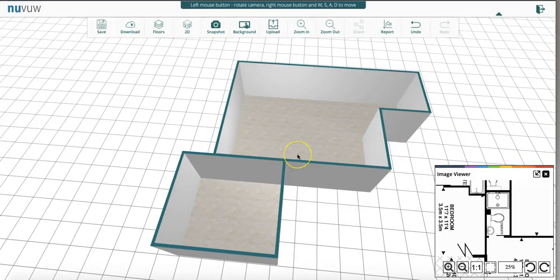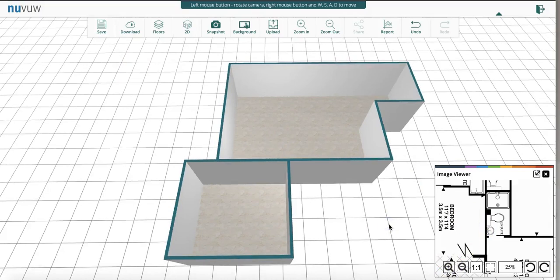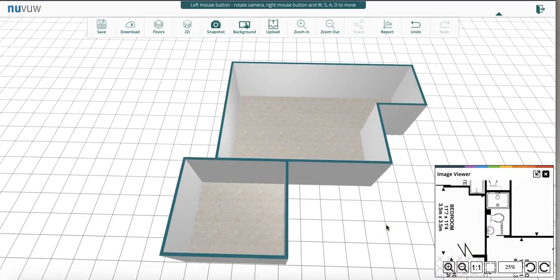Well, that's it for being able to import an architect's drawing, or in this case, it was quite frankly an estate agent drawing of a room. So the rooms won't be exactly the right measurements,